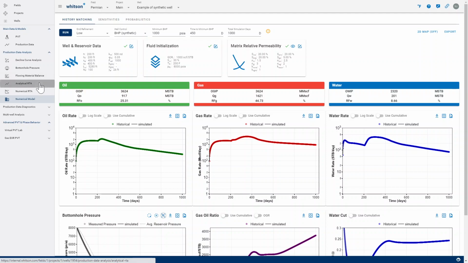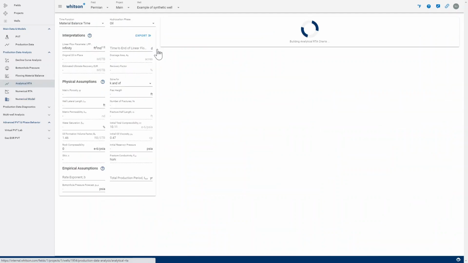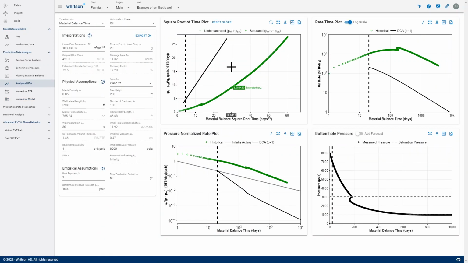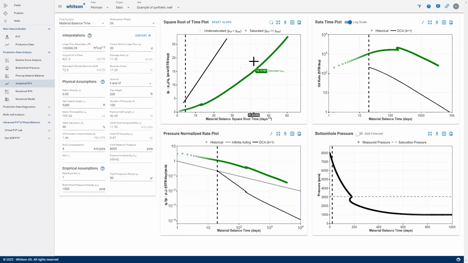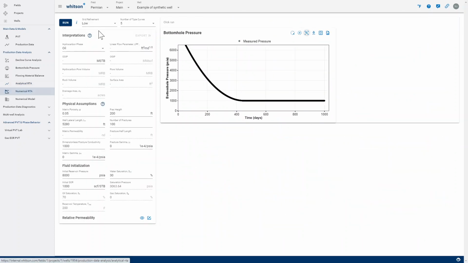We can also take this data in and run our analytical RGA, see what changes as you go below the saturation pressure, for instance. Here we see that this combination of multi-phase flow effects and superposition effects causes a strange behavior around the saturation pressure, which is expected. Or we can also go ahead and run the numerical RGA, for instance, with this synthetic